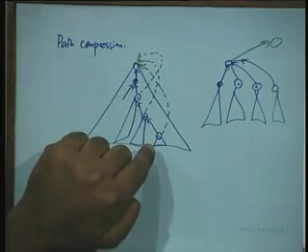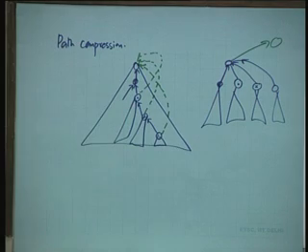I am not going to change these pointers. If you were adopting this procedure, then for the union operations, you should not work with height, but with number of nodes. You understand why? Because we are changing the height of the tree by doing this, and we might be changing it in a manner which might be hard to recompute.